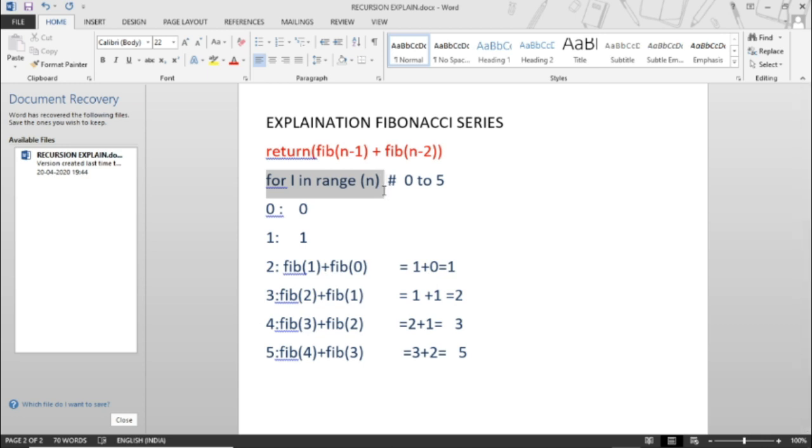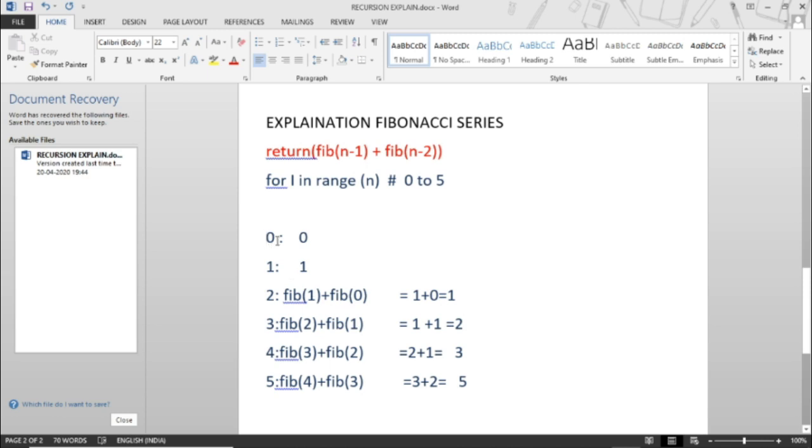N I gave 6, so it will run from 0 to 5. Now first of all it will run for 0, as I gave i in range n, so it will start from 0. And the exit condition was if n is less than or equal to 1, return n.